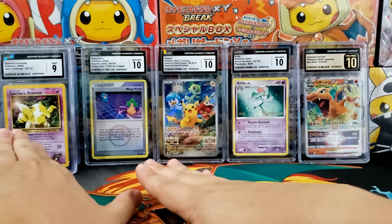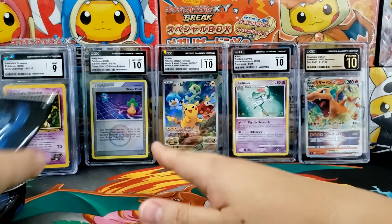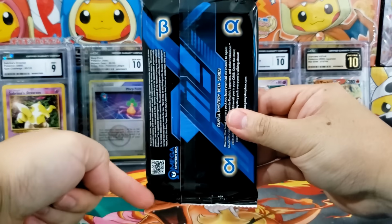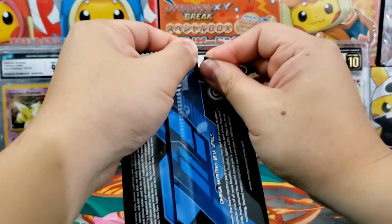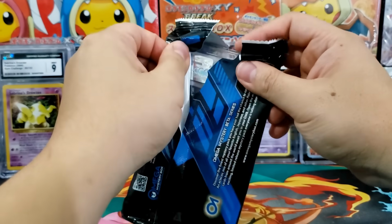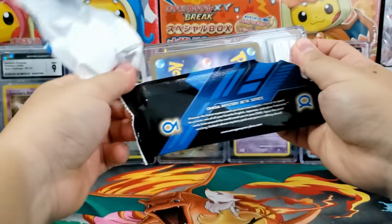And the cards on the far left, those are cards that I would push more towards the junk slab category. Now, I am cracking it open from the back, but let me see if this is the front or the back. It looks to be the actual back. Maybe it doesn't matter. All right, we got ourselves a Japanese